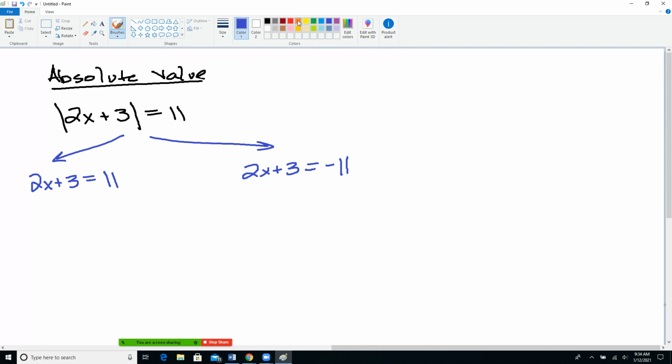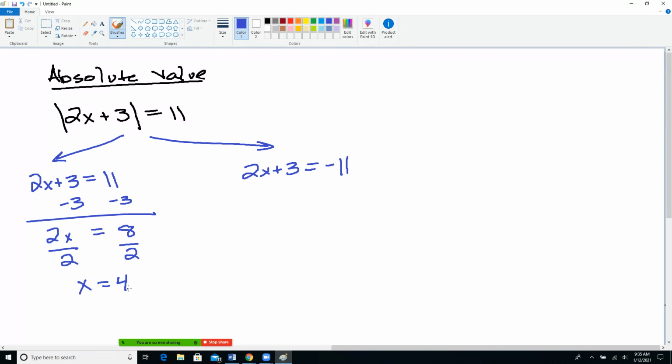So don't forget that. When you're dealing with absolute value, you have to reverse this side. Okay. Then you just solve each of those, and for absolute value ones, you will most of the time have 2 answers. 2x equals 8. Divide by 2, divide by 2,